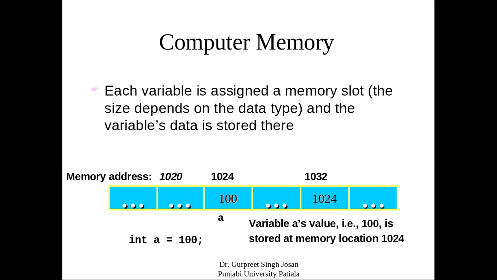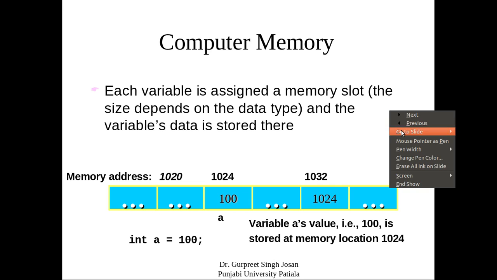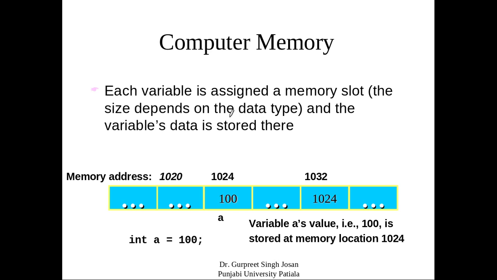So we will start with the understanding of computer memory, how the memory is used in programs. For all the variables that we have declared in our program, each variable is assigned a memory slot. The size of the slot that is assigned depends upon the kind of data type. For example, if it is an integer type, then the system will allocate 2 bytes. If it is float data type, then the system will allocate 4 bytes. For character data type, 1 byte will be allocated. So for every declaration of a variable, each variable is assigned a memory slot and the variable